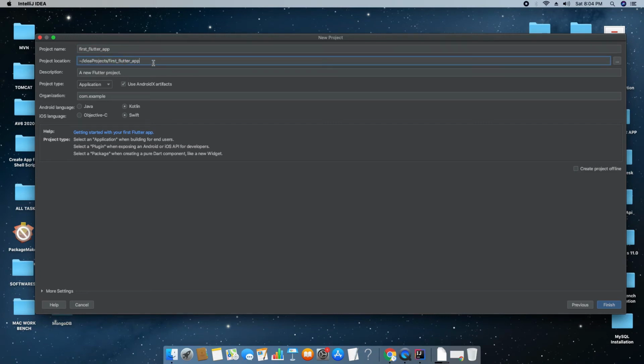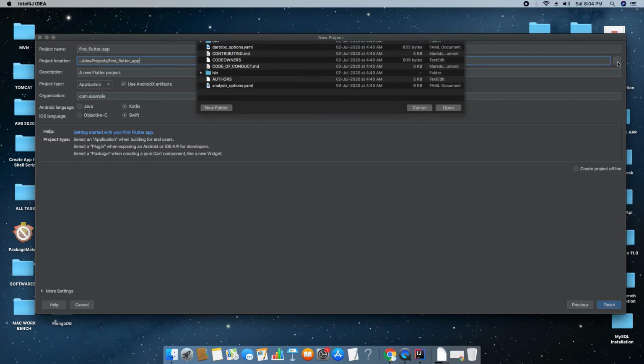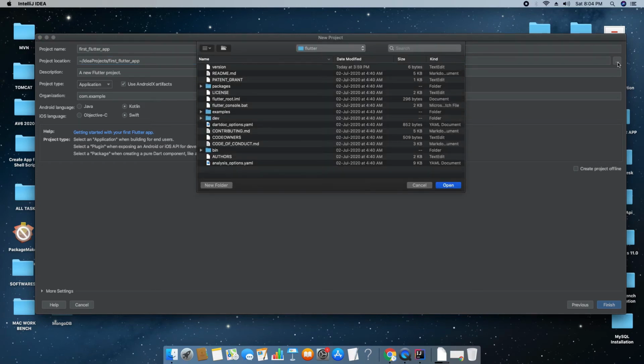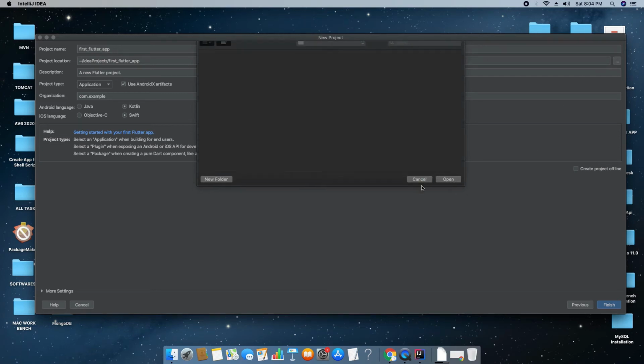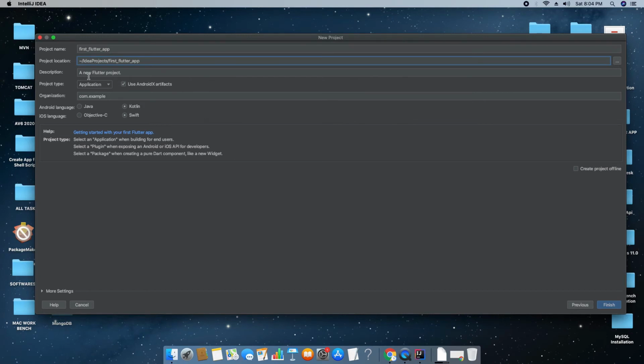On the right hand side there are three dots, so just click on these three dots and the Browse window will appear. Just select the folder of your choice. I'm thinking of putting this project on the desktop, so it will be easy for me to find, and if I want to transfer it somewhere else, I can copy it easily. So I'm looking for the Desktop folder.